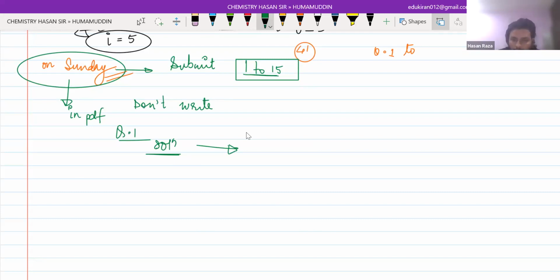Be specific about your answers. Don't use a calculator till class 12th; after that it will be allowed in college. So please don't use a calculator, try to explain the solution as much as you can, and don't use shortcuts either. If you follow these points for the whole year, you'll be getting marks more than your expectation. Okay. So this is it for today. There will be a test for